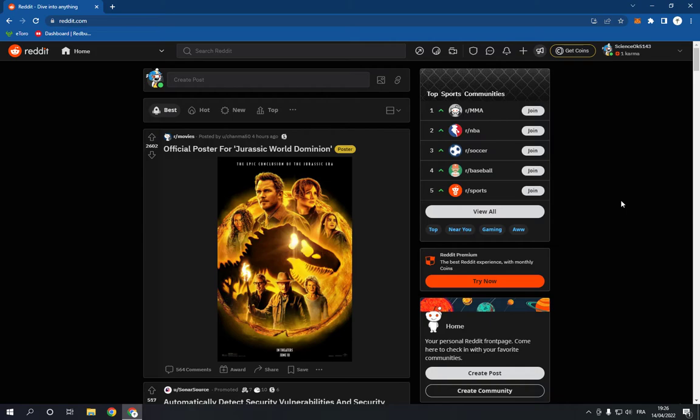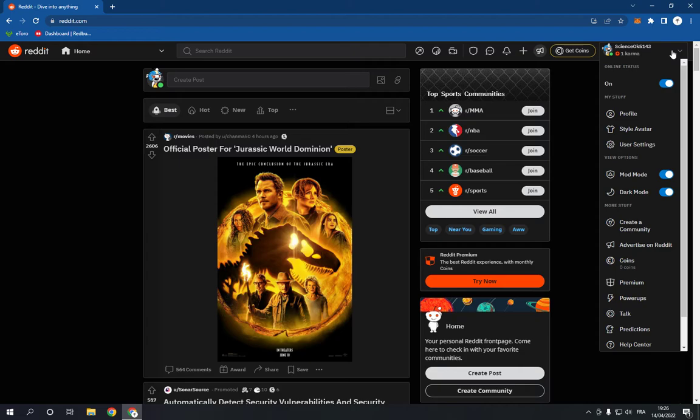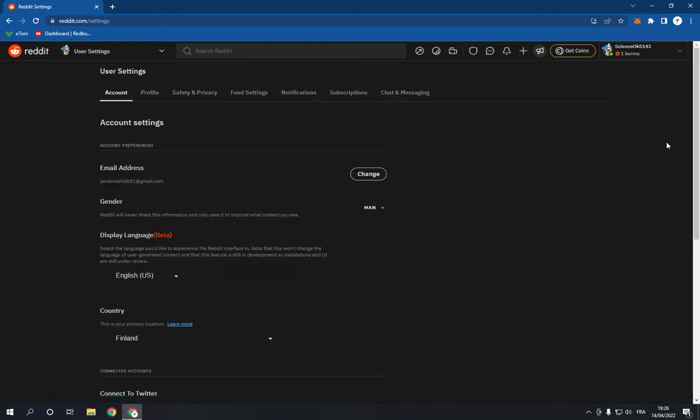All what you have to do, go to reddit.com and log into your account, and now go to the top corner right here and click on your name. Now go down and choose user settings right here, click on this option and it will take you to this